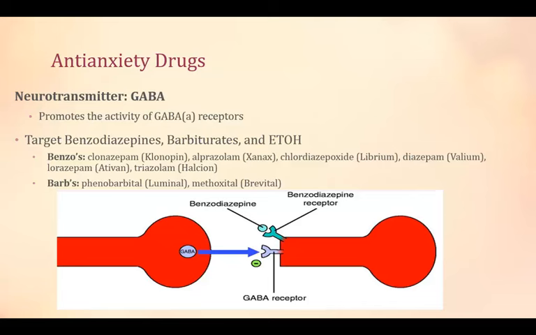Ataxia is also a common side effect, and that is secondary to the abundance of the GABA receptors in the cerebellum. Decreased excitation and the calming effect also helps with anticonvulsions and alcohol withdrawal. Okay, some examples would be Valium, Klonopin, Xanax, Ativan. These medications can be very addictive, and they are only prescribed on a short-term basis, like a PRN basis. They're never scheduled, and they're only to be used for a short period of time just because of the addictive nature to it.